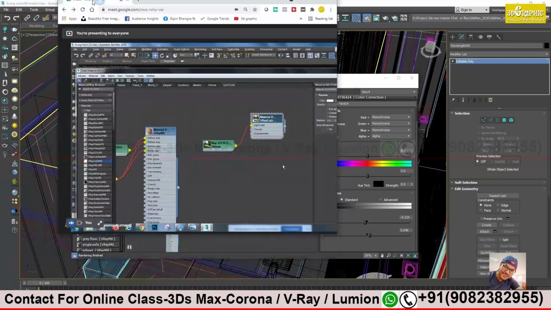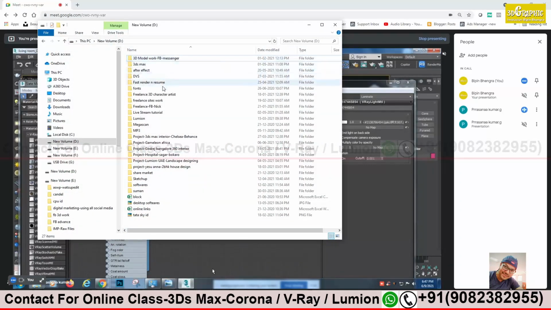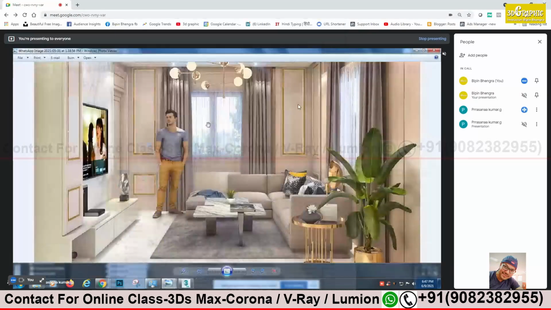So what I was saying is that we will take a test render, and if my exterior scene is looking darker, we just increase the intensity of our light material. Here also, in the reference image you started with, the intensity is a little brighter, no? Yes, slightly brighter, sir. So accordingly I increase the value so that it looks like a bright daytime effect. Okay, sir. That also I'll complete and keep it ready.